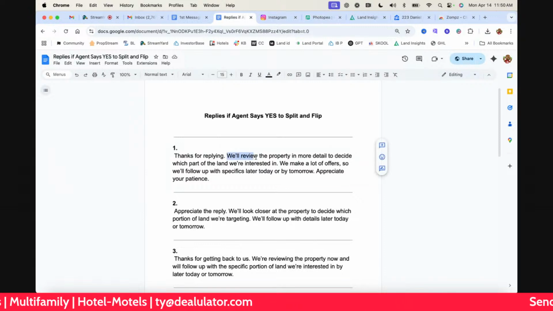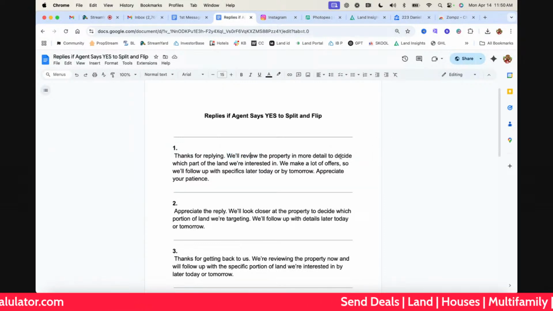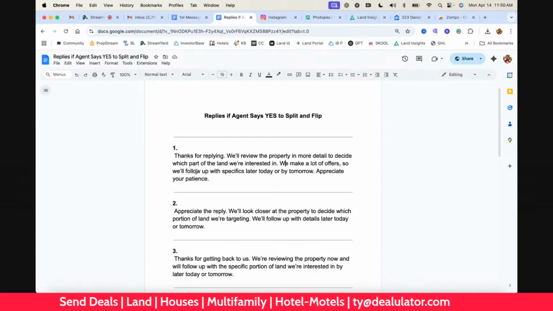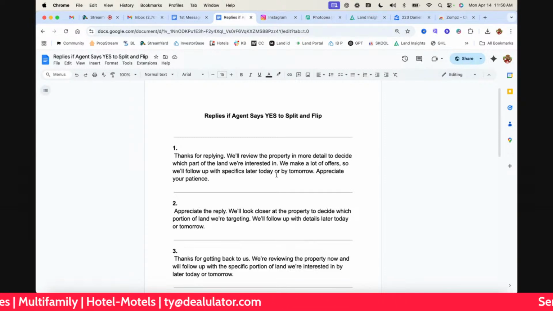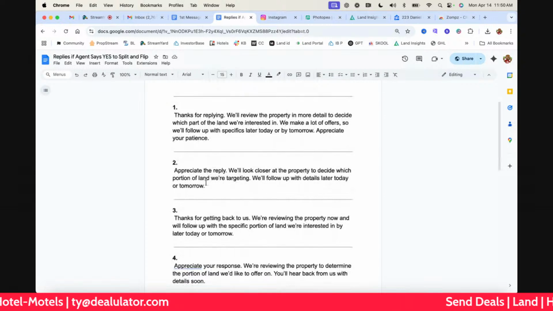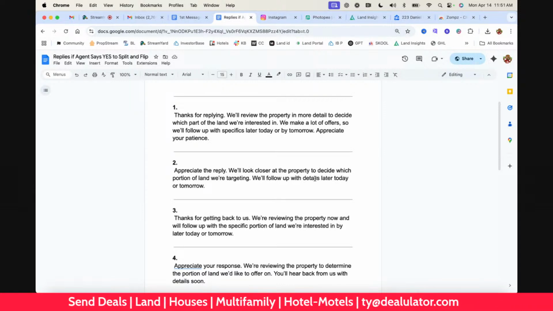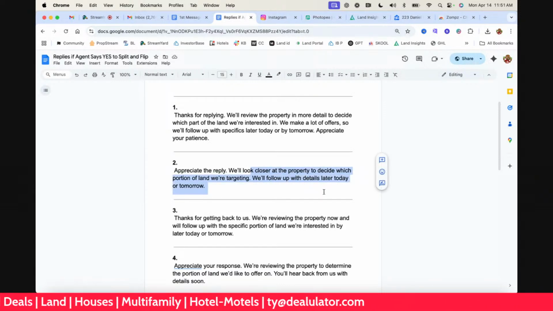We'll need to review the property in more detail to decide which part of the land we're interested in. We make a lot of offers, so we'll follow up with the specifics later today or tomorrow. Appreciate your patience. Appreciate the reply. We'll look closely at the property to decide which portion of the land we're targeting. We'll follow up with details later today or tomorrow.